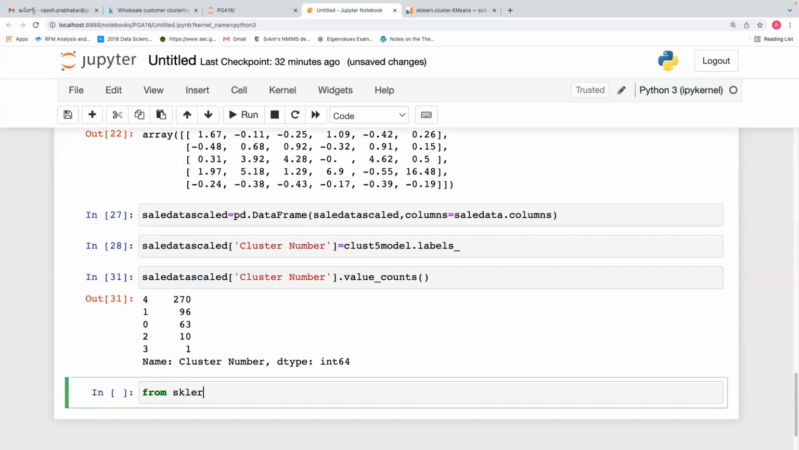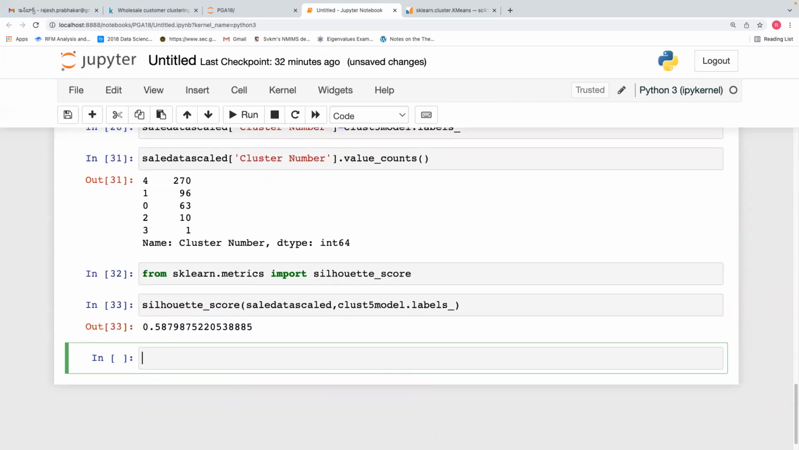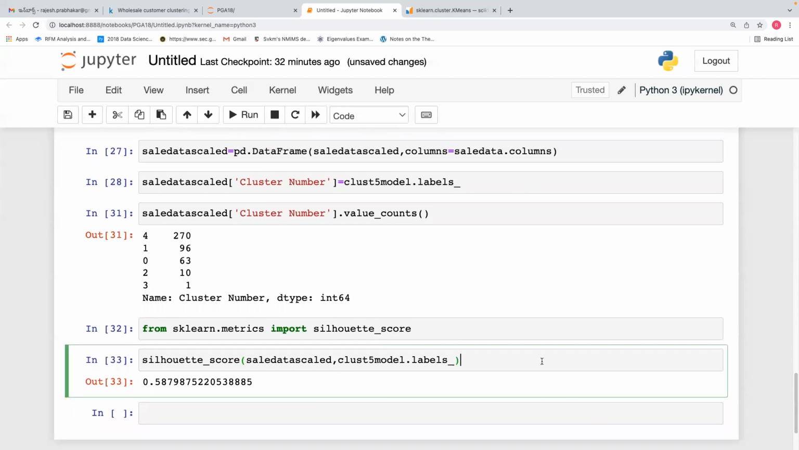From sklearn dot metrics import silhouette score. Silhouette underscore score, sale data scale, comma, classify model dot labels. We got silhouette score of 0.58. So for silhouette score,